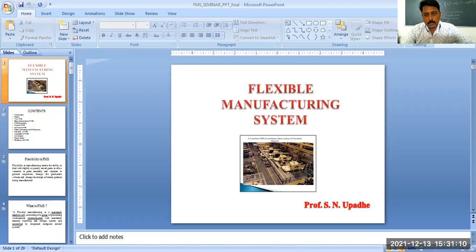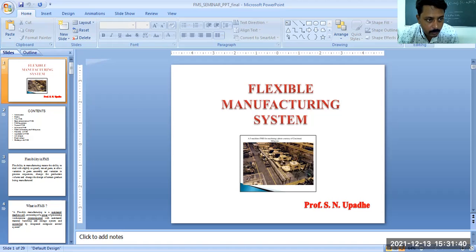It can go here, here, here, here in this system, and in this system there are robotic hands. Sometimes workers are waiting, and they can just unload and load. If we are not using human intervention, then robotic arms will be used. So this is just an open field type of layout. These are the different types of layouts for FMS.